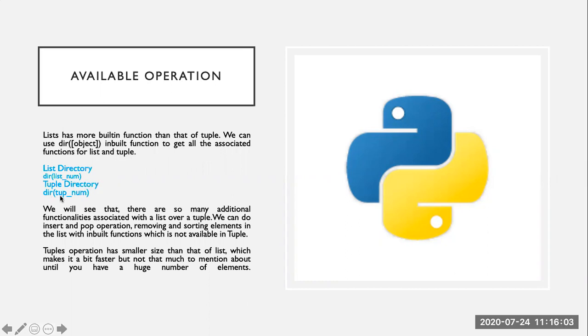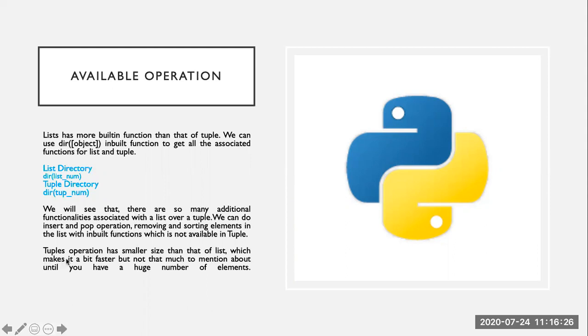Similarly, we can use the dir function for tuples. We will see that there are many additional functionalities associated with the list over the tuple. We can do insert, pop, remove and sorting operations on the list, but these are not available for tuples.